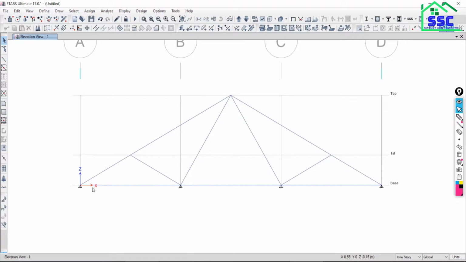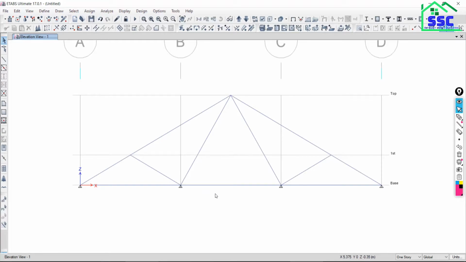Now just come back to this truss. See at the baseline, whenever you are modeling anything, it will by default give you a support condition at the base. You might be wondering whether I have given this support or the software has.